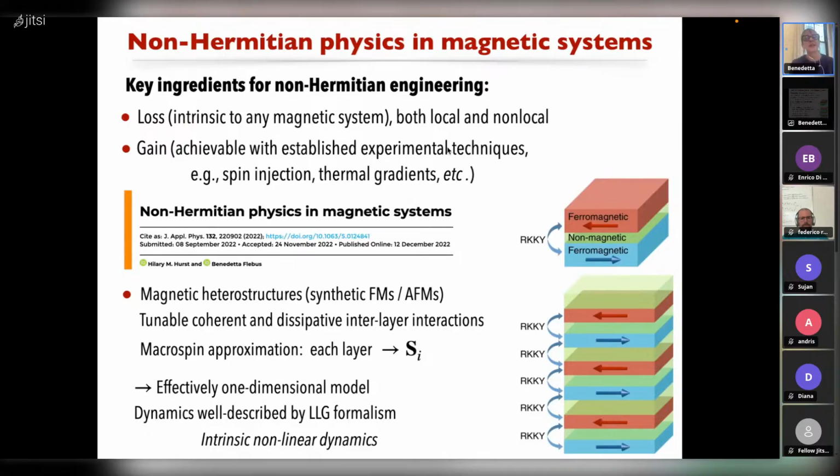And I realized that the key ingredients for non-Hermitian engineering at the end of the day are loss and gain. And loss is something that we have intrinsically in any magnetic system, both for the local loss and the non-local loss. And gain is something that we can achieve with very well-established experimental techniques. So I started thinking in these terms, and I started trying to apply these theories